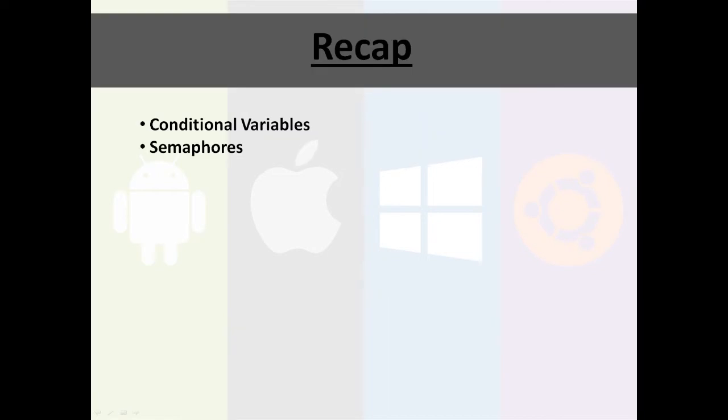So just a very quick recap. Last week we finished up our concurrency chapter, where we looked at condition variables and semaphores. These were alternate approaches to enforcing our critical regions. That was the idea that we need some sort of object or data structure that allows us to enforce